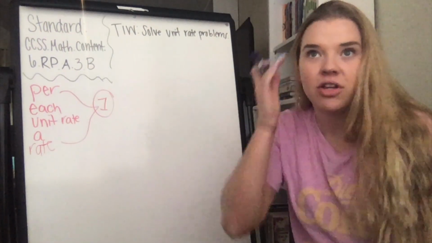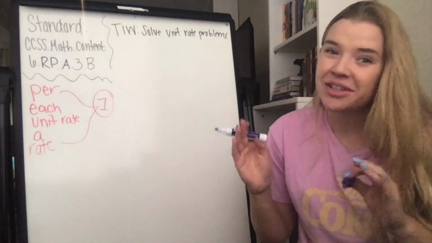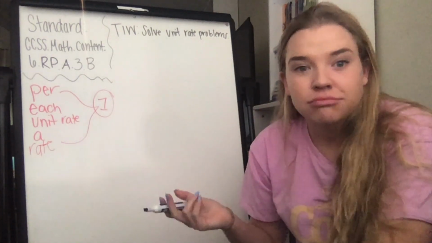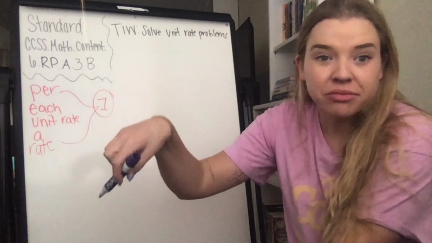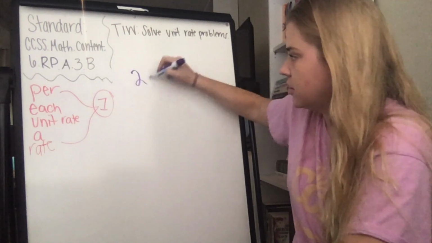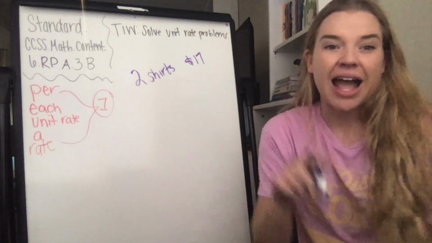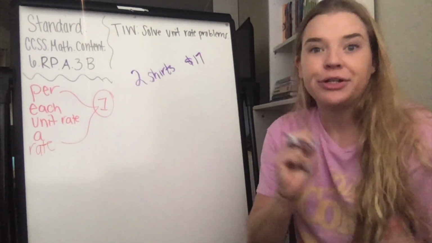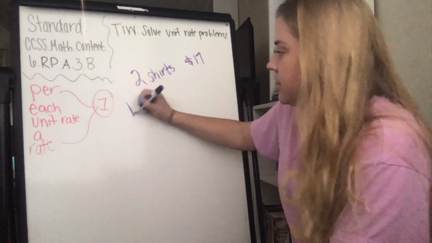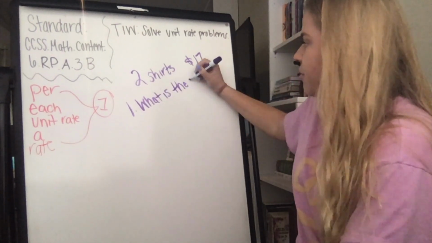Okay, now I want to give an example involving money, which is actually really similar to what we saw in ratios because really they're like the same thing, okay? So let's say that I'm buying a shirt, okay? And at the store, you can get 2 shirts for $17. I'm going to ask 2 questions here. I'm going to make you do multiple steps here, okay? Bear with me. First question, what is the price